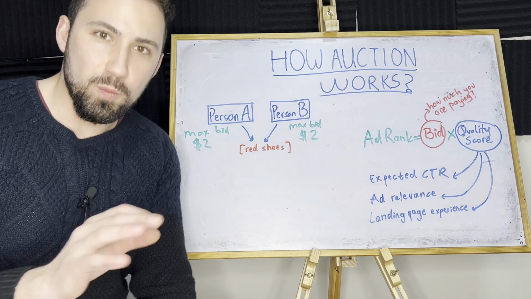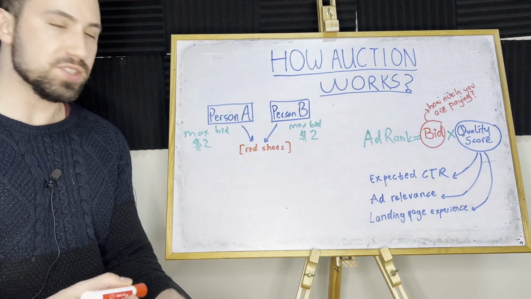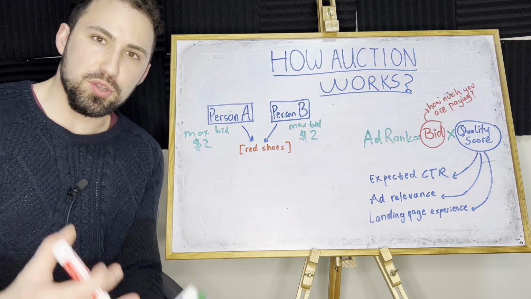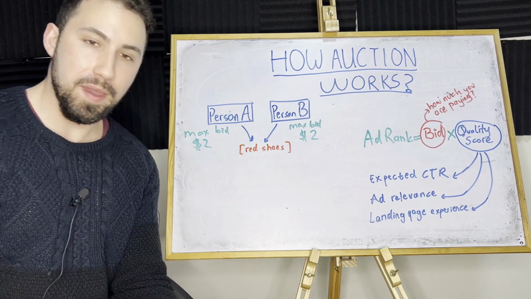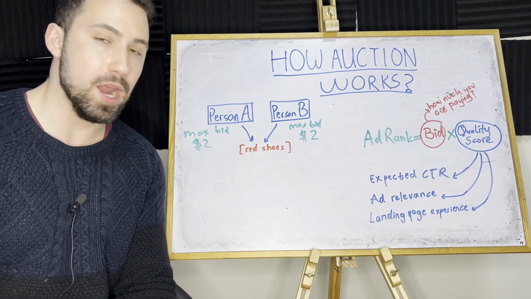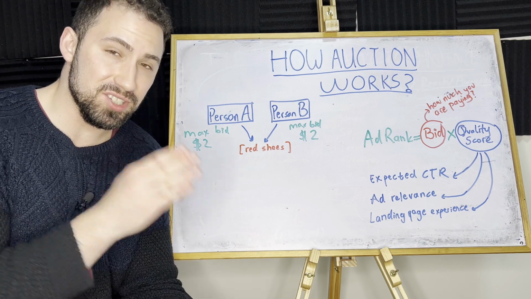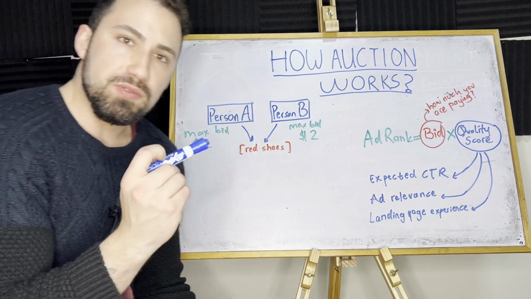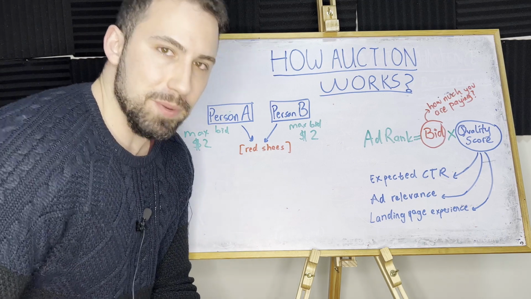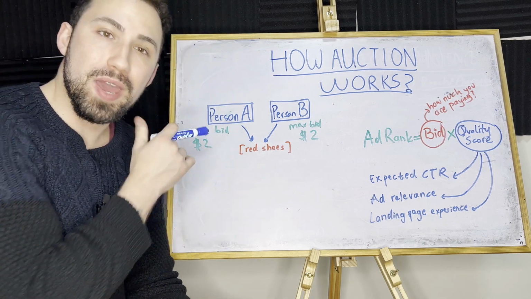Hey everybody, now we are covering the auction that Google famously talks about. There is an auction going on every time we bid for a keyword, and how that auction works, let's cover step by step. First, there is a formula that Google releases and everybody knows that formula, but there is no exact formula